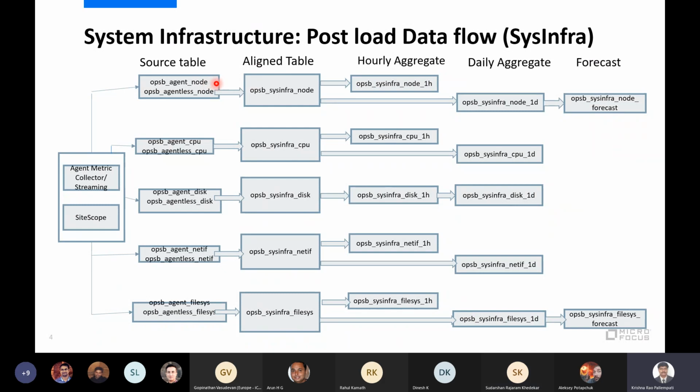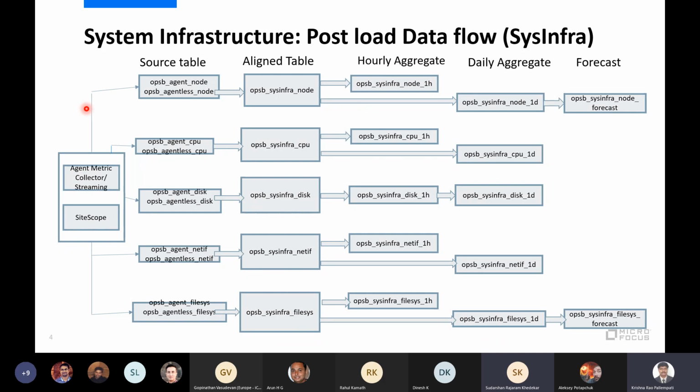Once I moved all these tables' data to here, I'm aggregating here. On top of it, there are separate aggregations for agent-based only. And agentless-based aggregation tables are also there in the system. So you are maintaining them together as well as separate for agent? Yes, agent and agentless both.